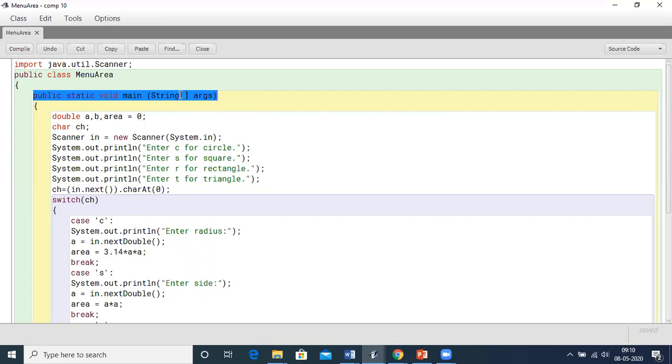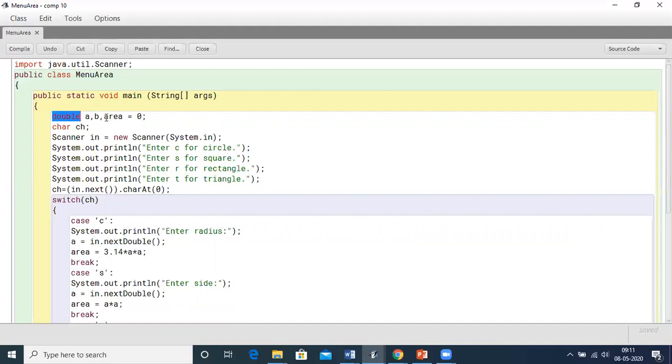We use it so that all the values passed to the main function are in string format, which is further converted to primitive data types using the wrapper class. That we will be doing in some other topic, later on. Then this is the starting brace of the method block, the main method block.